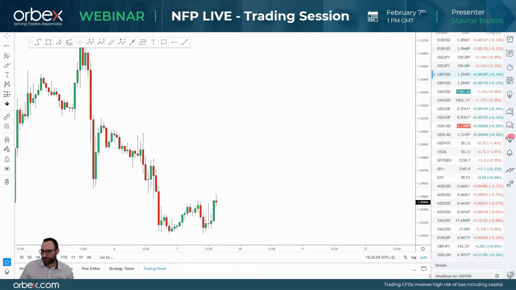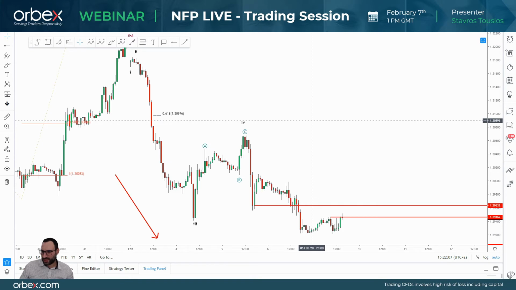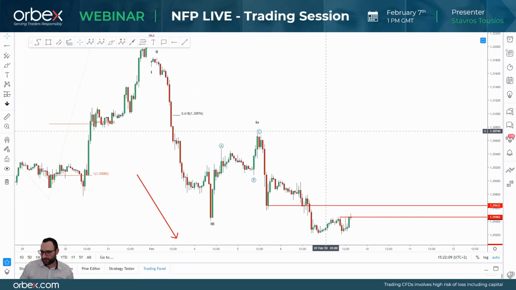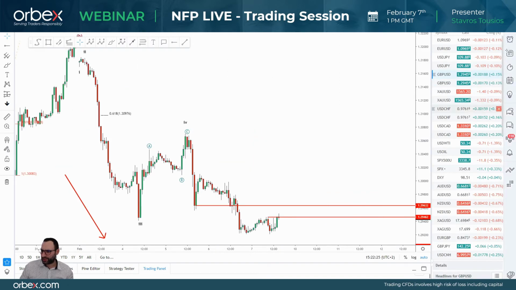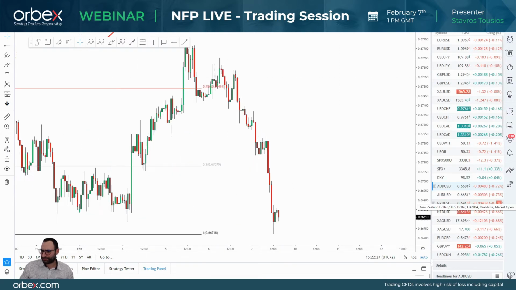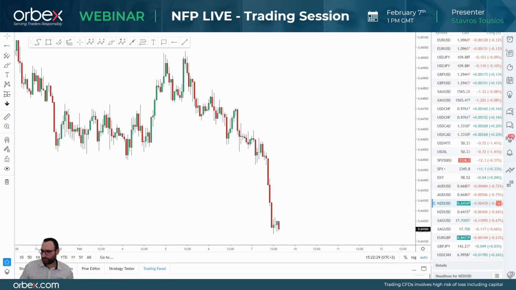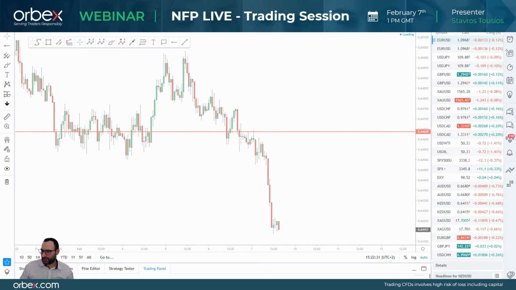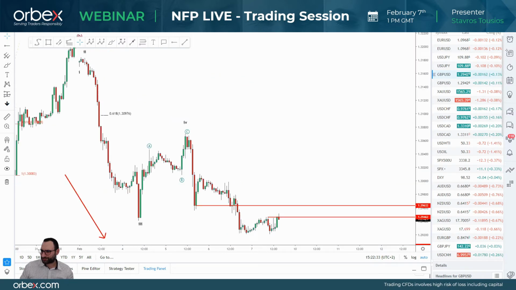Now, pound, which we've said is quite strong at the moment, and you can see that over the past few hours it managed to move all the way up, gaining back, reversing all the earlier losses, which I think is also the case for anything else apart from the Aussie and Kiwi, if not mistaken. Yeah, Aussie and Kiwi are pretty much weak.